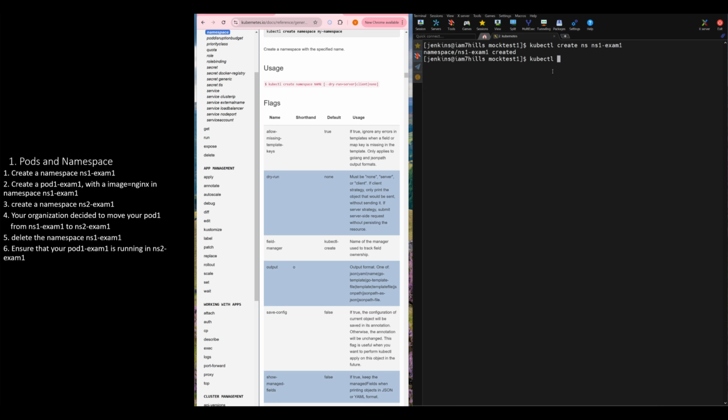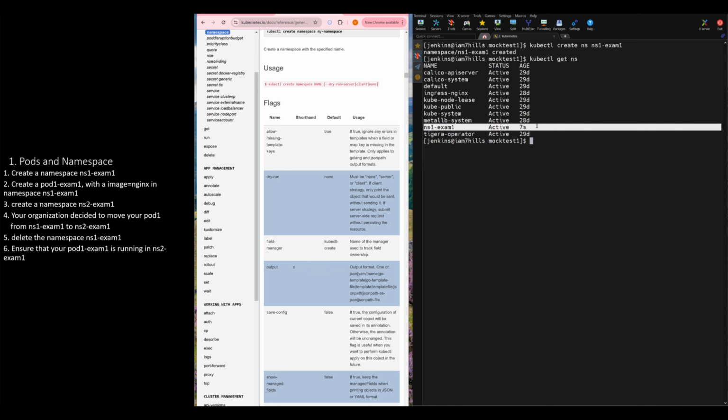Check whether it is created or not. Get ns. Okay, the new namespace got created. So now within the question 1, the second one is to create a pod inside the namespace. So kubectl run